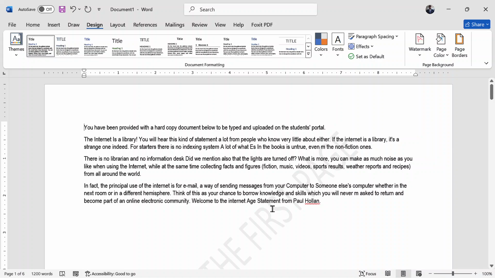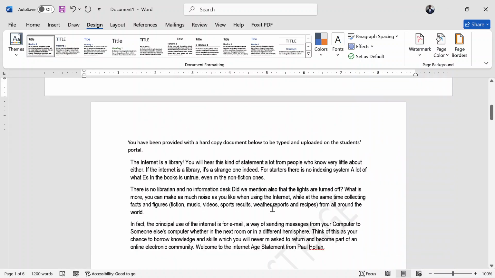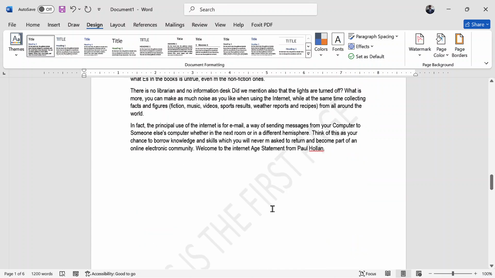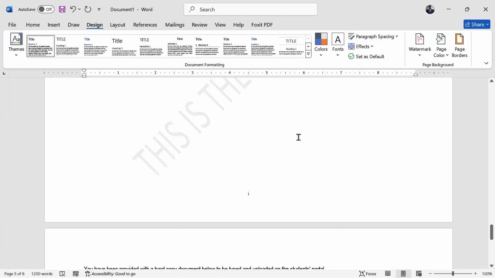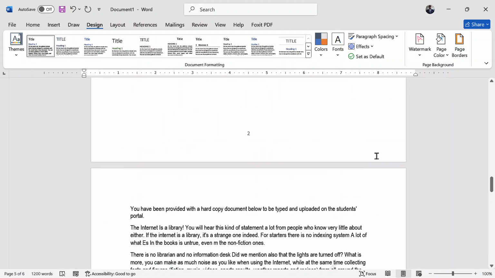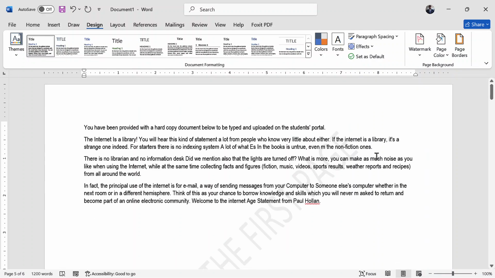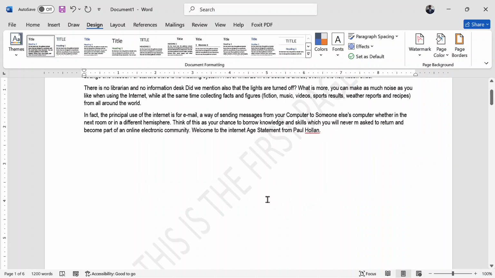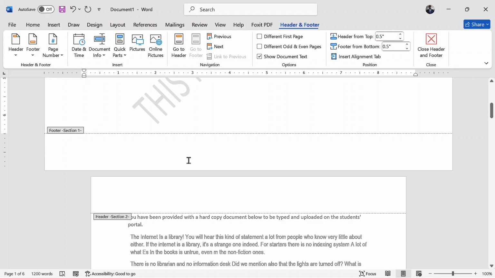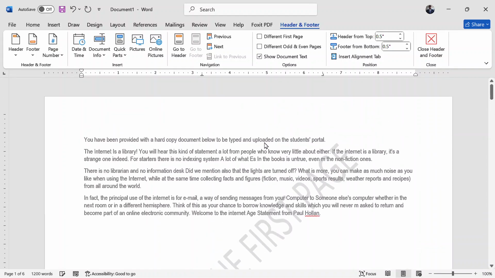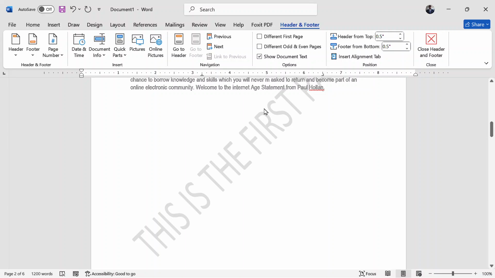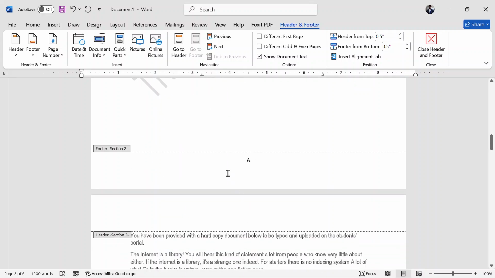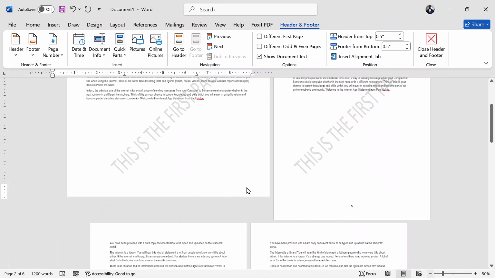Then close this. So when I close this, you can definitely see that our watermark has gone to all the pages, and you wonder why this has happened. But don't be afraid. Don't worry about this. It can be solved since we put sections. How do we solve it? Double click to activate the headers and footers, and after activating our headers and footers, you can now select and delete the watermarks that you don't want from the sections that you don't want them to appear.